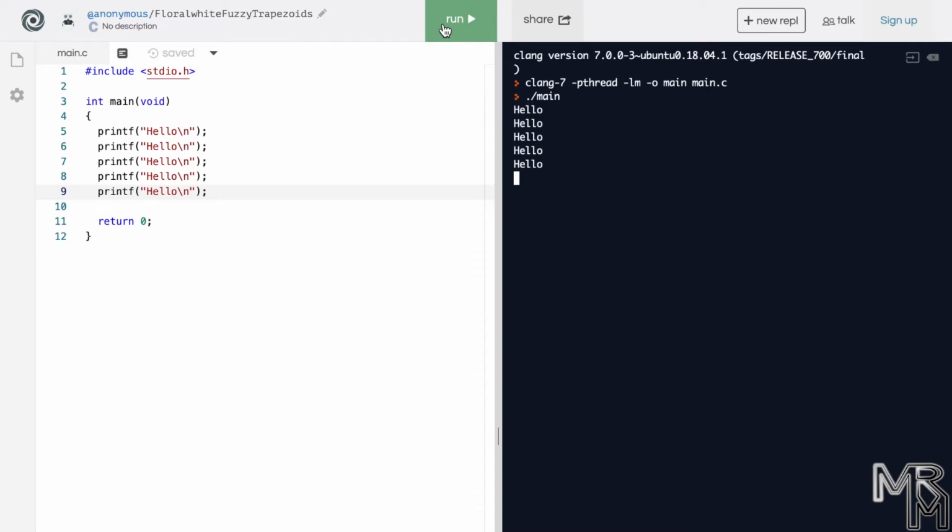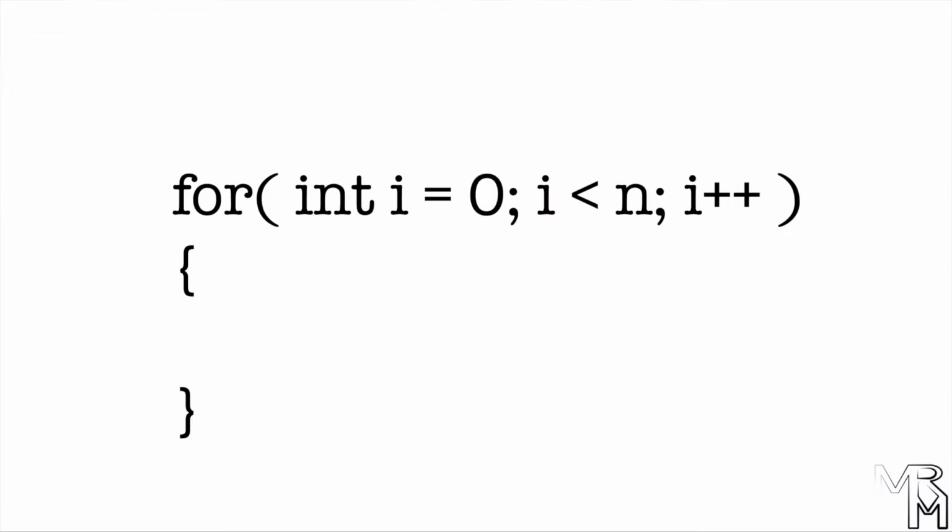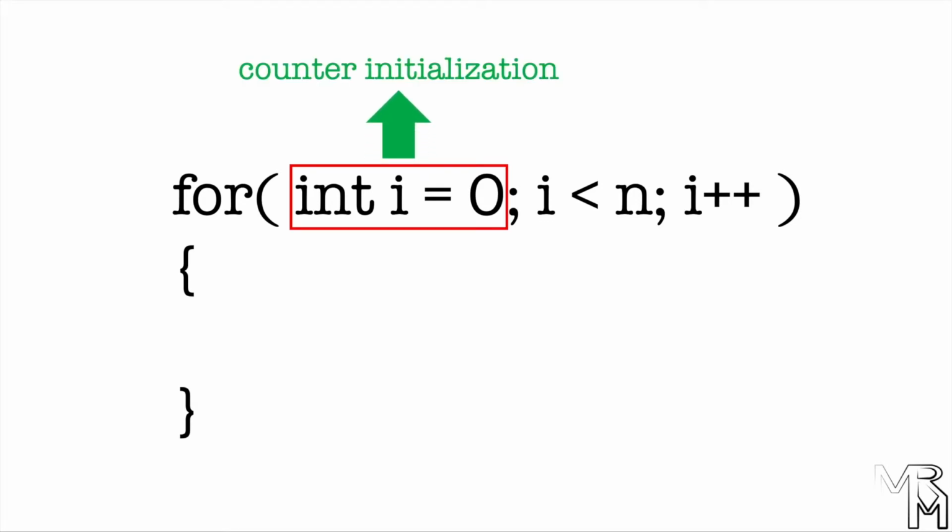There are several types of loops, and the first one we're going to use is the for loop. On the screen, you can see a typical for loop. A for loop header consists of 3 parts. The first part is called counter initialization. In our case, the int variable i is called counter because its main function is to count how many times the computer has performed the action inside a loop. Traditionally, the letter i is used as counter name.